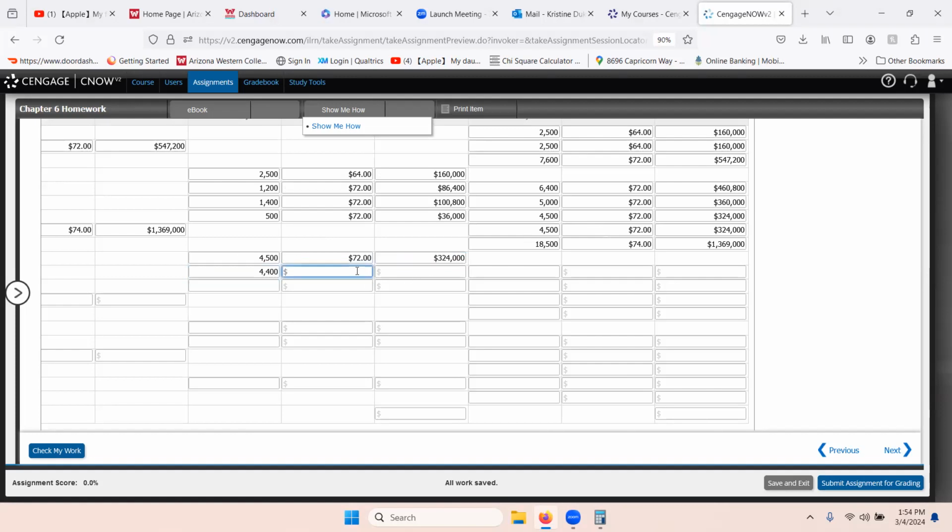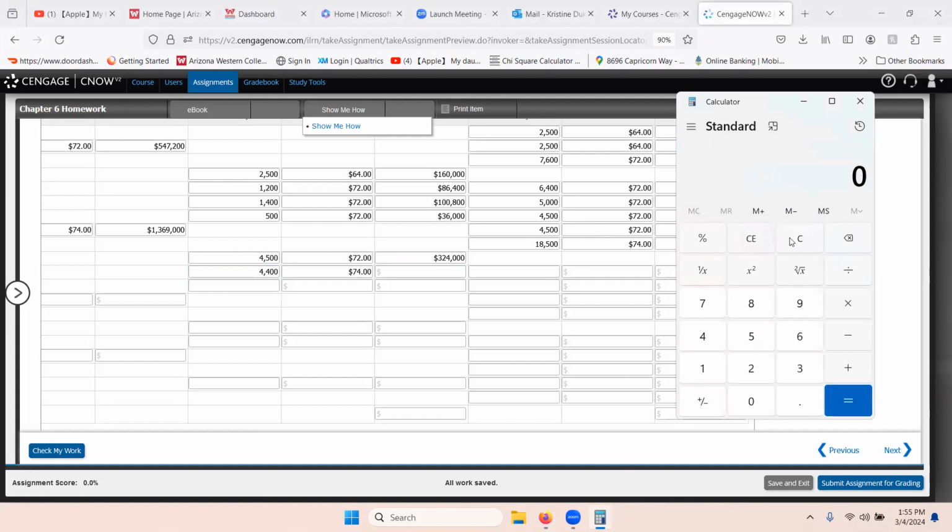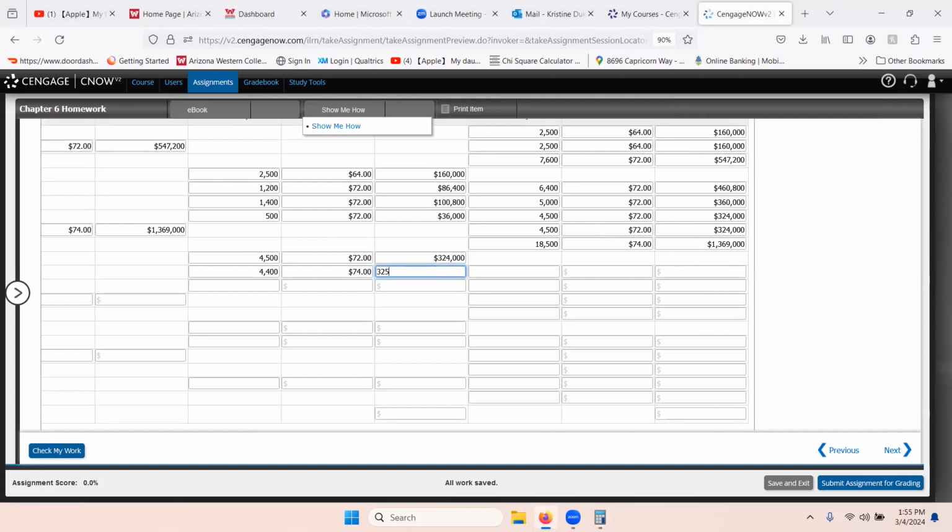And then I have this amount of units, 4,400 at 74. $325,600. Okay, great. I have used up 4,400 of the red batch, so that leaves me with